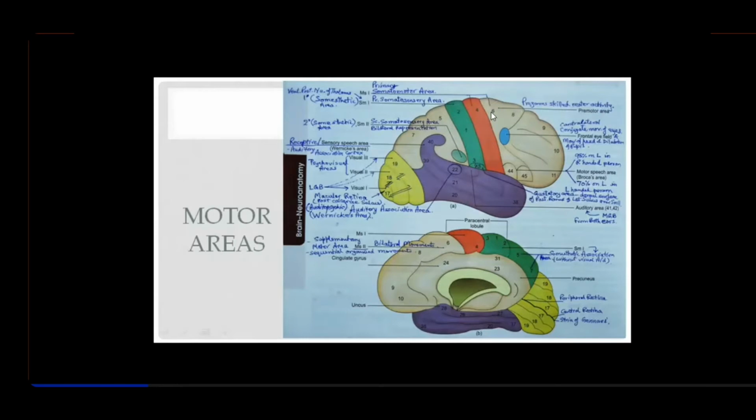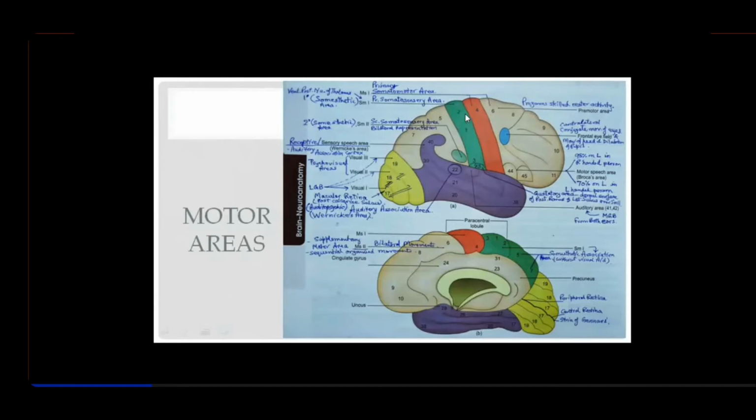We're talking here about the motor cortex, which lies anterior to the central sulcus. Among this motor cortex, first we'll study the primary motor area, number 4, colored red here. Anterior to the limiting sulcus you have a precentral sulcus, and behind it a postcentral sulcus, and in between you have these two gyri. This is the precentral gyrus, and this is the postcentral gyrus. The precentral gyrus is the primary motor functional area, and the postcentral gyrus is the primary sensory area, right?